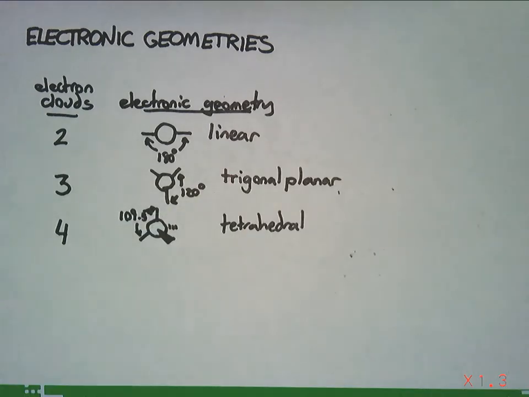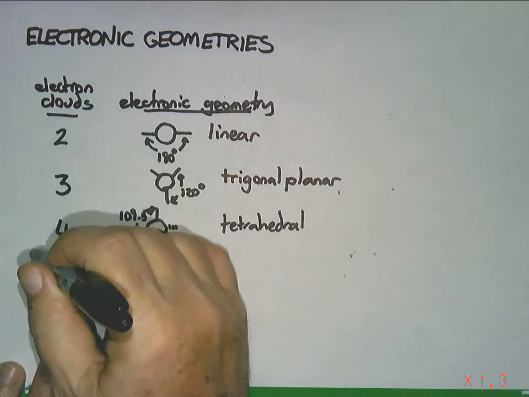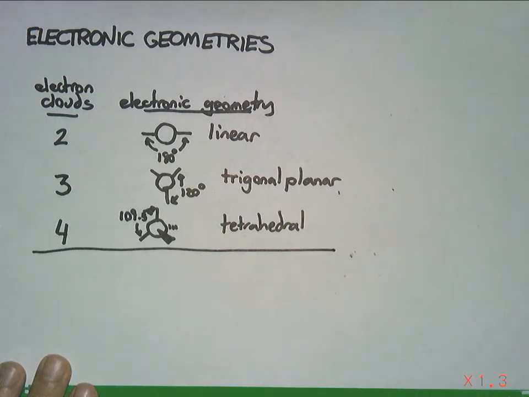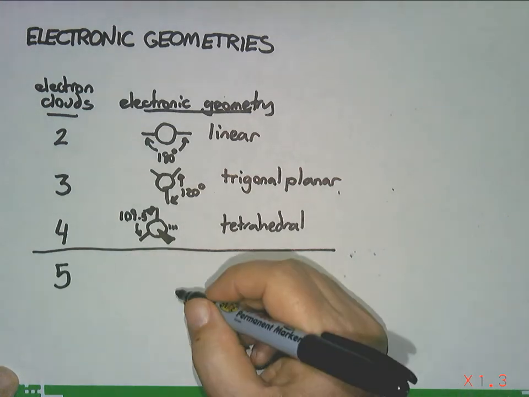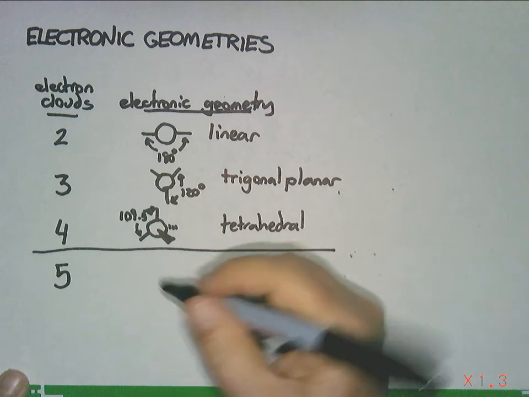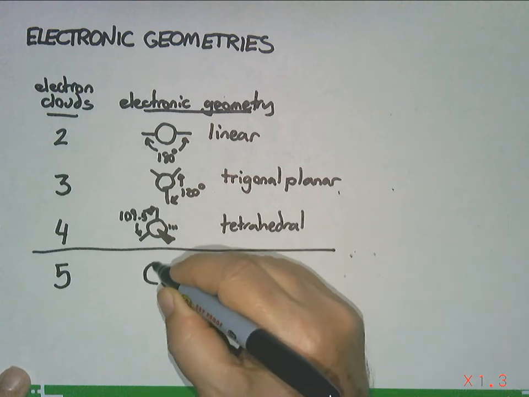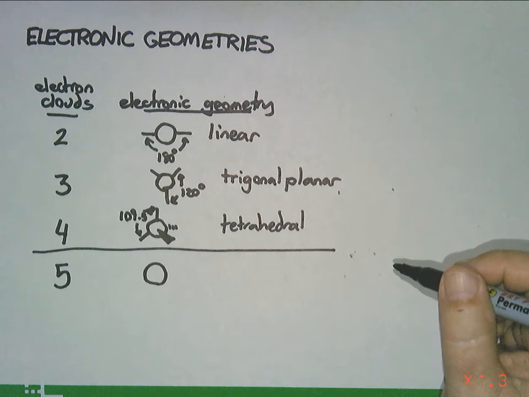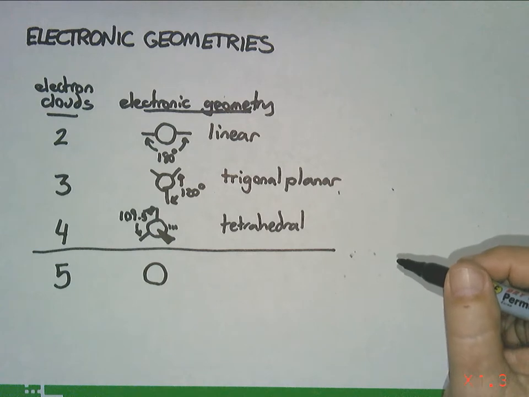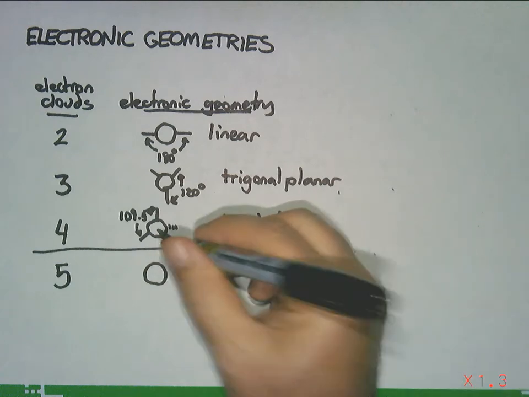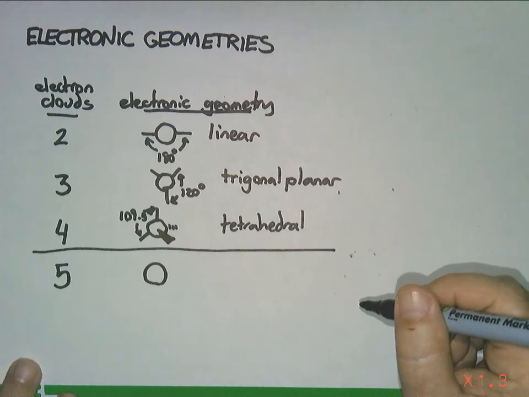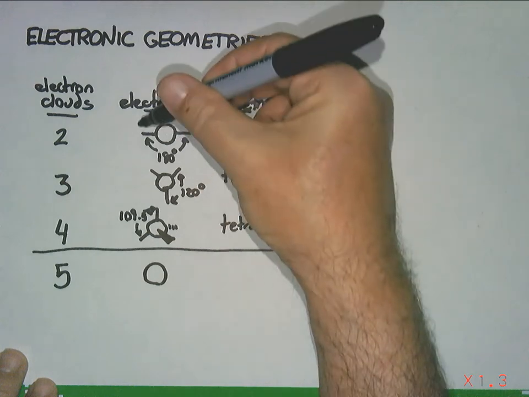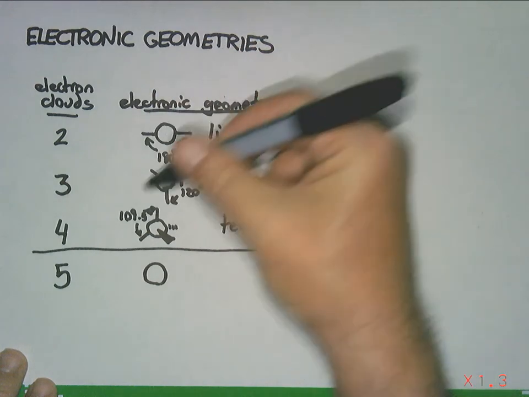Now, there are 2 more electronic geometries that are not very common in real life. They do occur. You can have 5 electron clouds. And the arrangement there is kind of complicated. It turns out that you have your central sphere, and you would like to put 5 objects on that where they were as far away from each other as possible. Because remember, each of these objects, each of these little sticks, counts as an electron cloud, and they repel each other. It turns out that the best way to do it is to superimpose a linear shape with a trigonal